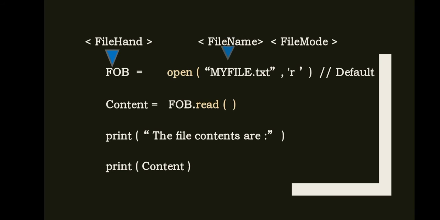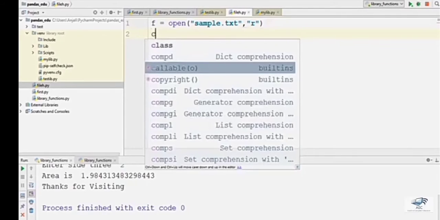Next, let's see a program which will help us to clear the use of open, read, and other functions which could be used at the simple level. So we are going to write a program related to data file handling, students. Here I have written a statement f equals open, and the arguments are sample.txt and r. That means I have opened this sample.txt file in read mode,